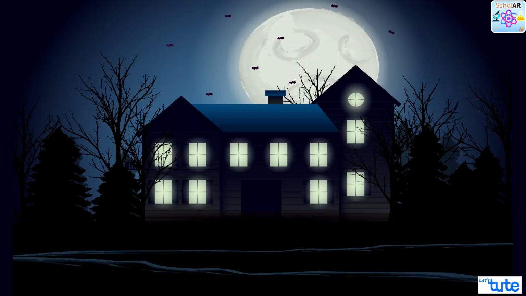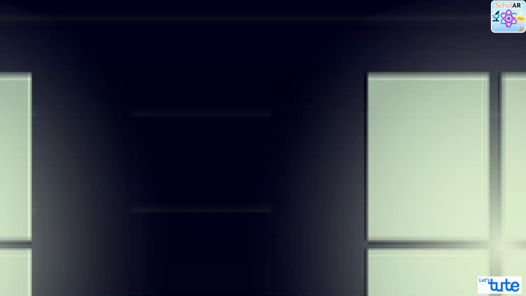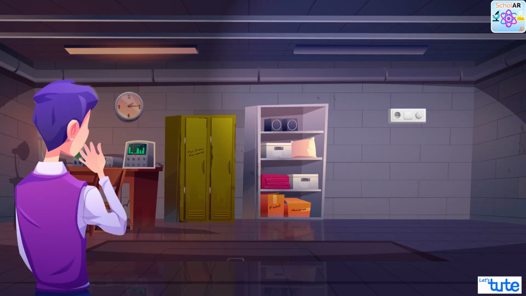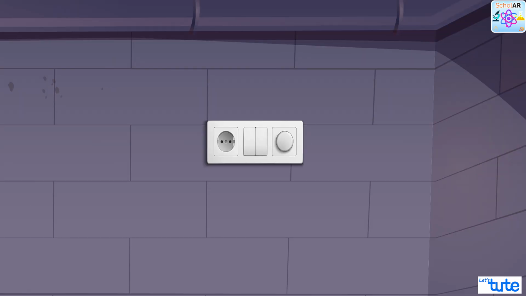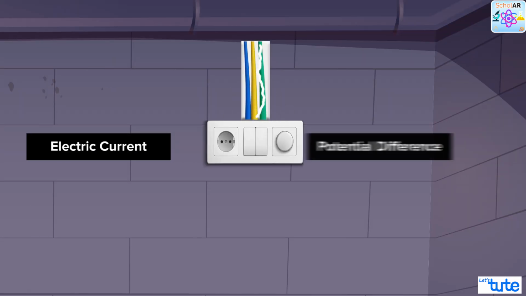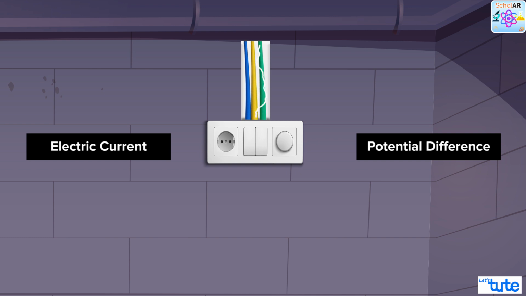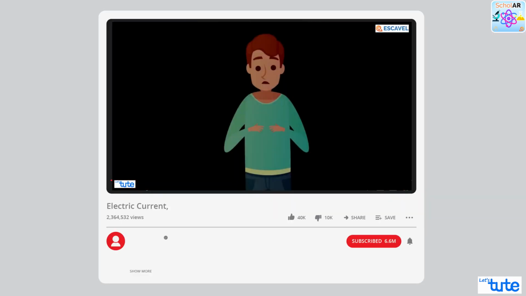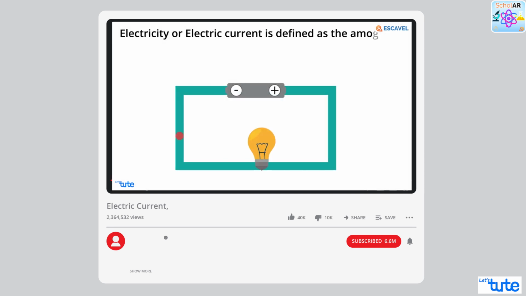Hi all! Have you just looked at your home at night and seen all the lights at home? Have you wondered how all these are connected to power so that when one tube light stops working, all the other lights still keep working? Well, it has to do with how electric current and potential difference change for different types of electrical circuits. If you're not sure about these terms, then please watch our video on electric current and its simulation.